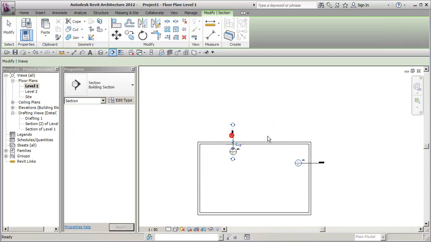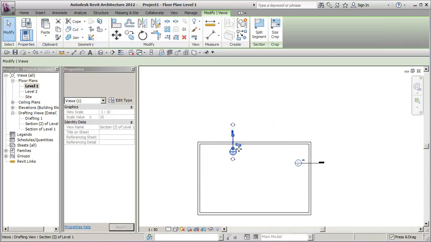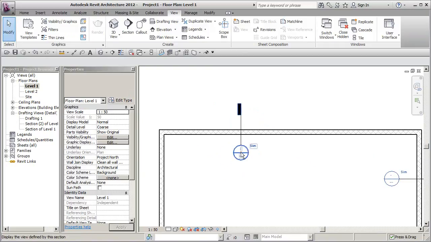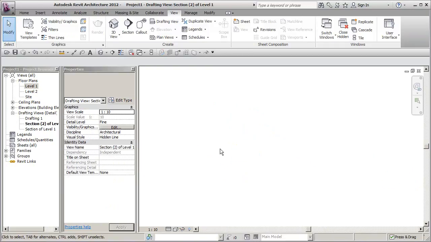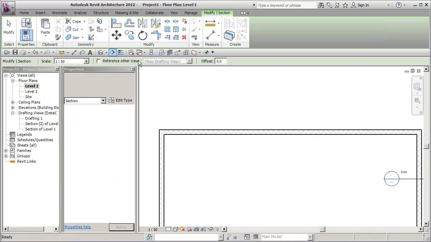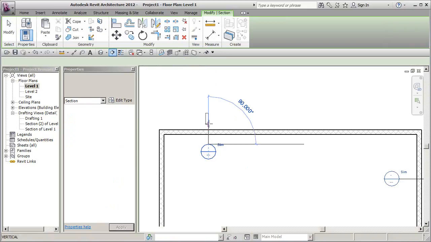Zoom in here, pick. Okay, I can change the image of that symbol if I want. Escape, and now double click on here, and it should open up that detail. Oh, did I do the wrong one? Go back to here and try that again. Section. Reference other view, drafting view 1, click,